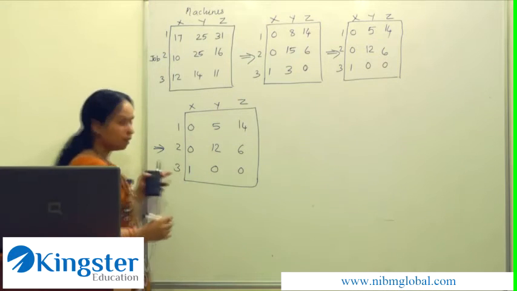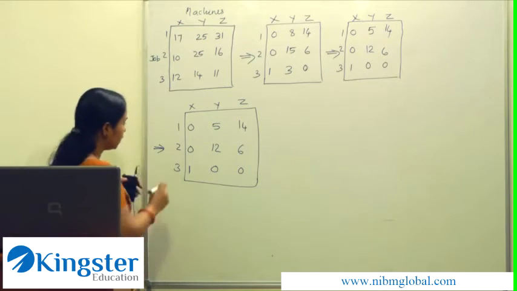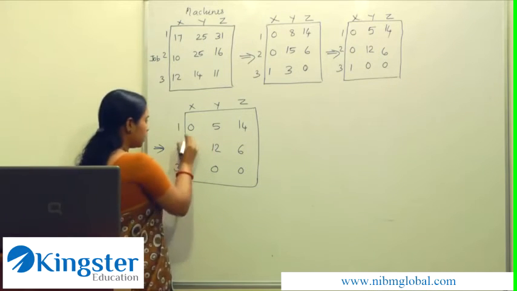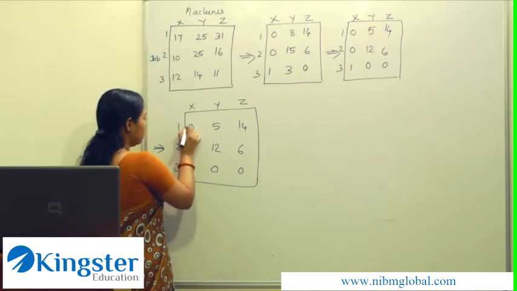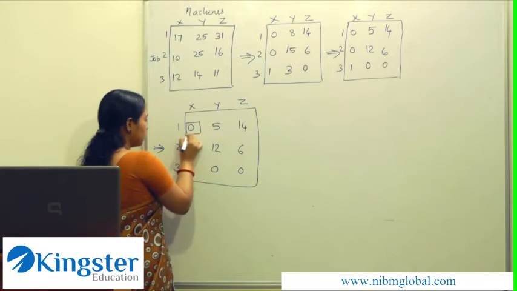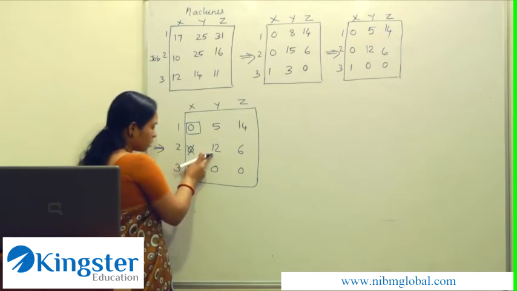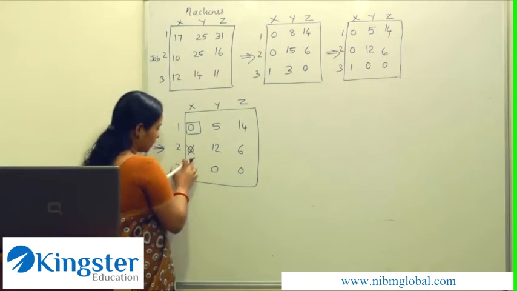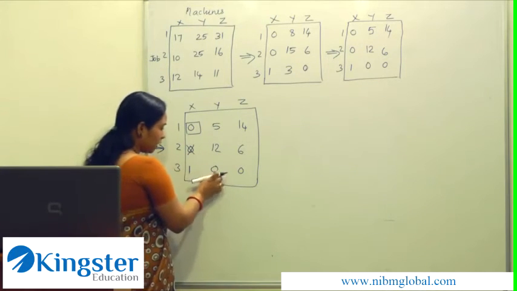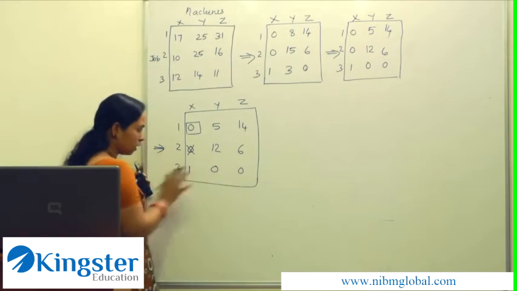Now we can start giving assignments. Select the rows having a single zero. The first row we have a single 0, so an assignment is made. This 0 is crossed out. Now move to the next row. Here we have no zeros left. Move to the third row. We have 2 zeros, so at this stage we cannot do anything.